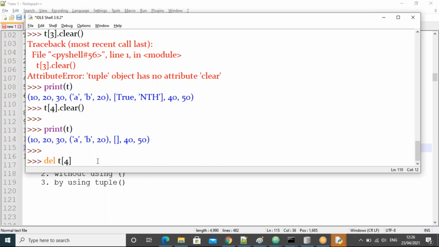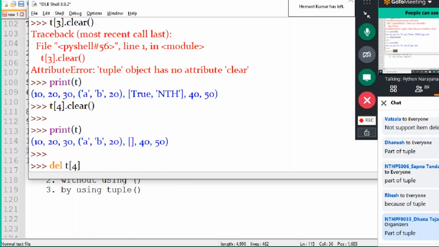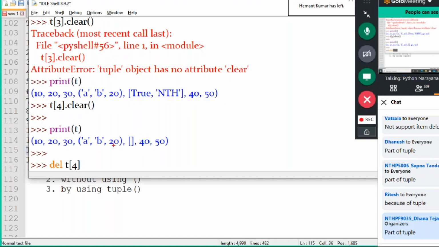Why? Observe, guys. Just imagine it supports deletion. It will remove the object. Now how much length is there? 6. But before this, how much length? 7.